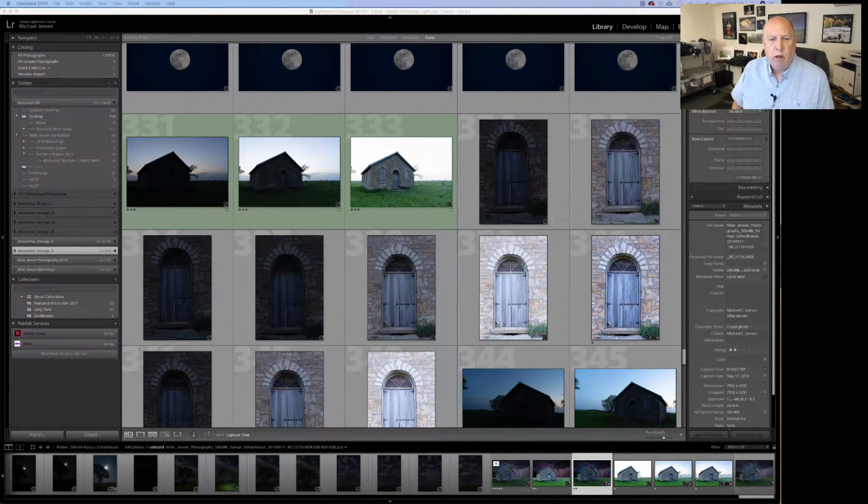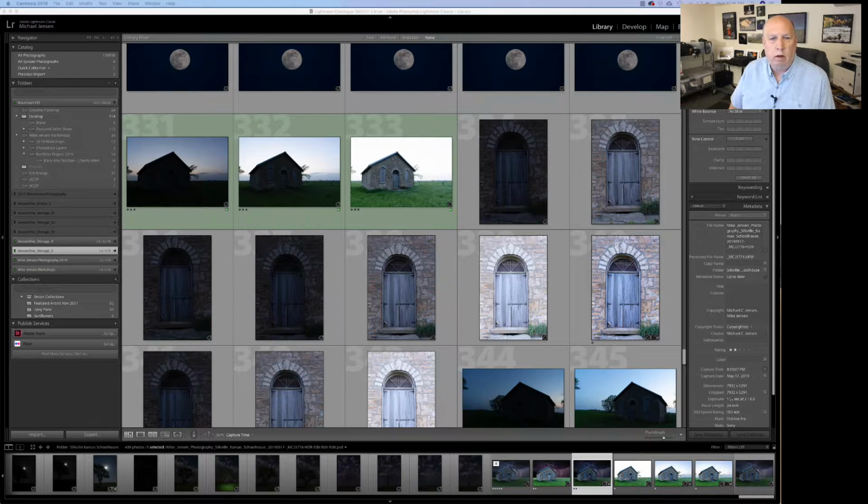I want to show you how to make a really cool image out of just some ho-hum shots, and I think almost every photographer goes through this. You go out on a shoot, you get some cool shots, and you're like, oh, that's a really cool shot, but there's no background, or there's no foreground, or what have you. So I have created an image using a nice foreground and a real stormy background. I've added some rain. So we've got a variety of different types of things to do in this image,